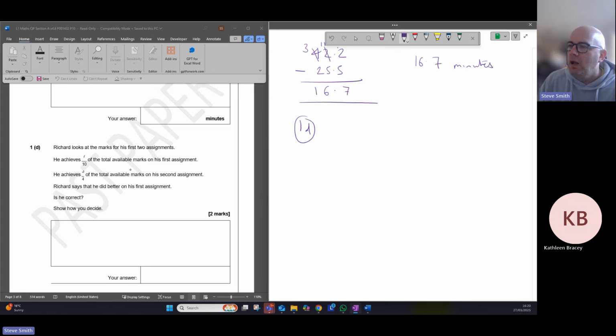Right. Richard looks at the marks for his first 2 assignments. He achieves 7/10 for his first one, so number 1. And then he achieves 3/4 for his number 2. Richard says he did better on his first assignment. Is he correct? If we think about this number and having to change it or make it bigger, when it